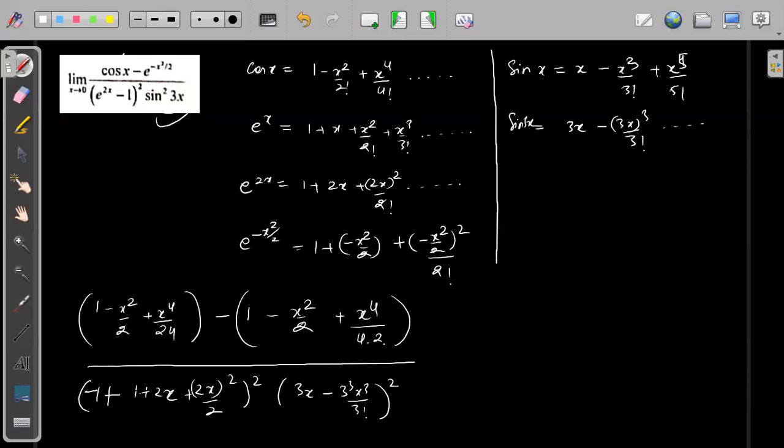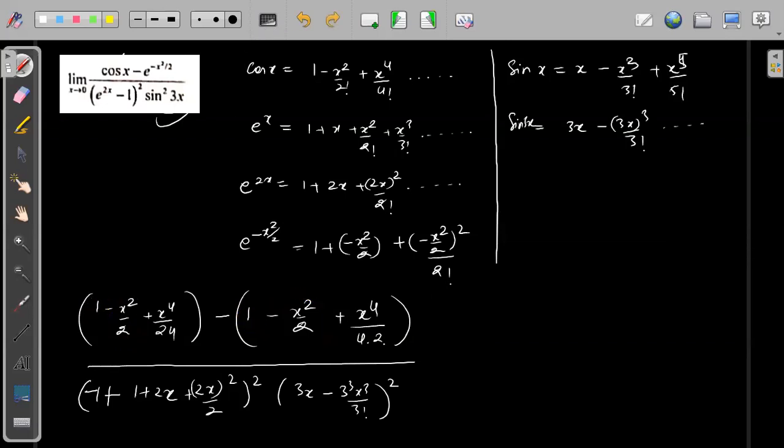Now see, if it is limit x tending to 0, that means all the x from numerator and x from denominator should get cancelled, and the remaining part will be as it is. So if we look at these terms, this 1 is getting cancelled with this 1, right? This x square by 2 is getting cancelled with this x square by 2, right? The only thing which will be left out in the numerator is x to the power 4, right? x to the power 4 into some factor, right? Remaining all terms will have x to the power 5 or x to the power 6 or x to the power 7. Okay, I hope this part is clear.